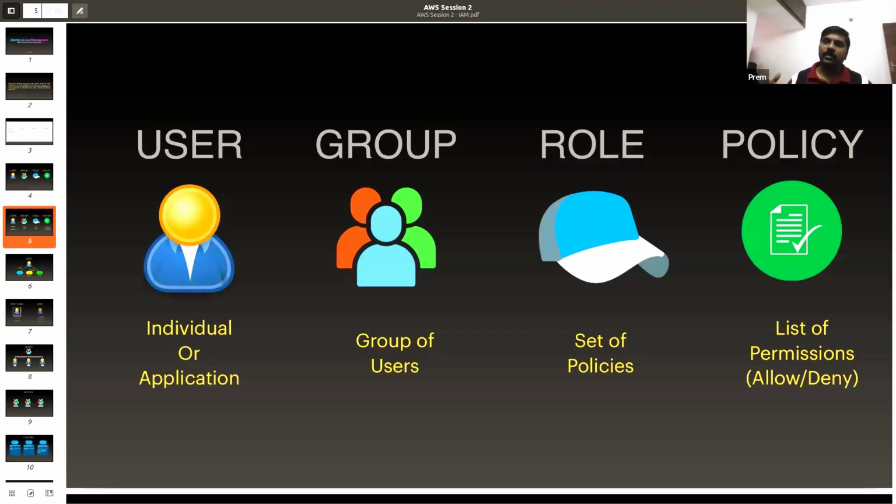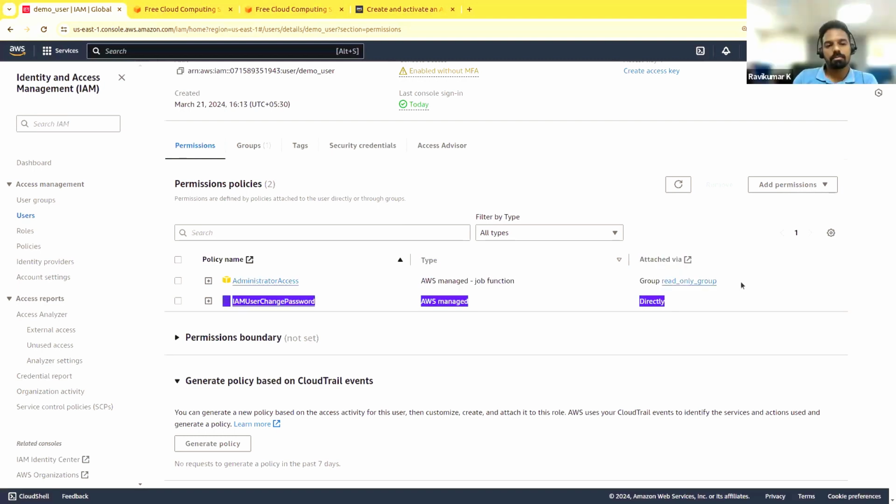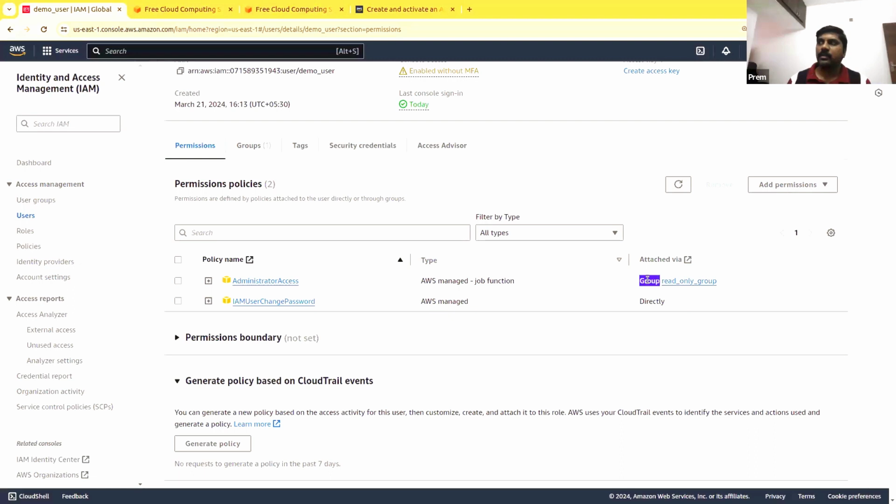So for that person, two different policies are assigned. Here itself, you can see two different things are assigned. One is assigned directly when you created that user, but this one is assigned when you attached that user to that group. So automatically he got this because he was added to that group. So you have to be careful in adding people to specific groups. You should create groups accordingly so that you have only the people who should be there.